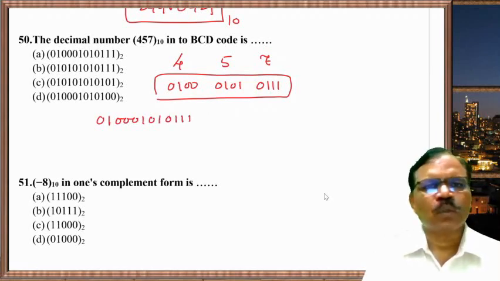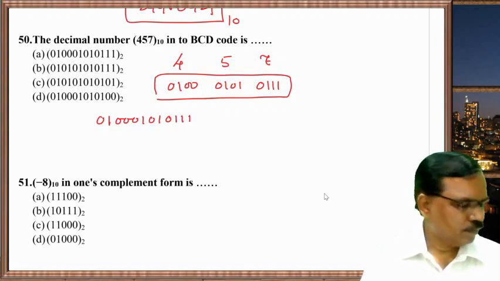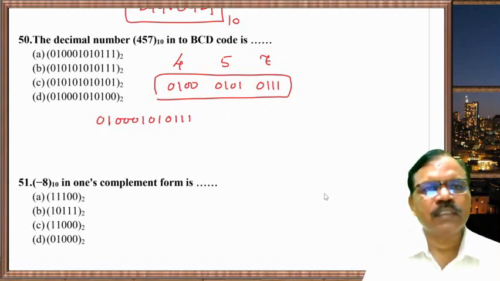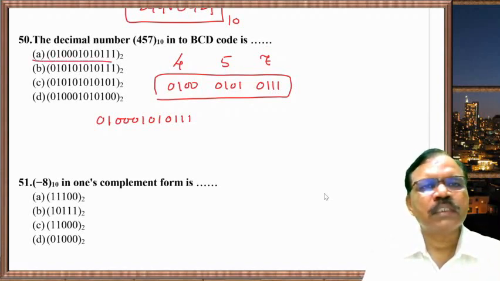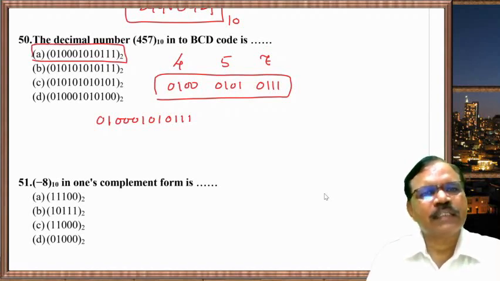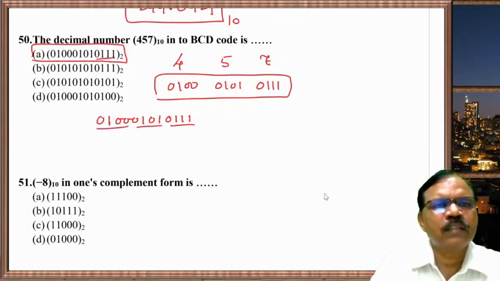So here if we see out of these, you have to see it carefully because you may get confused here. So this first one is correct. First one is correct. So you can take 4 bit wise also to check. So 4 bit and 4 bit. So that is correct.